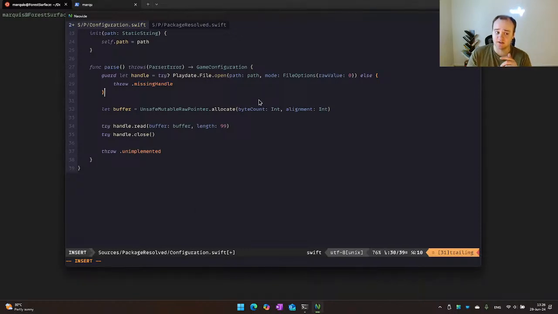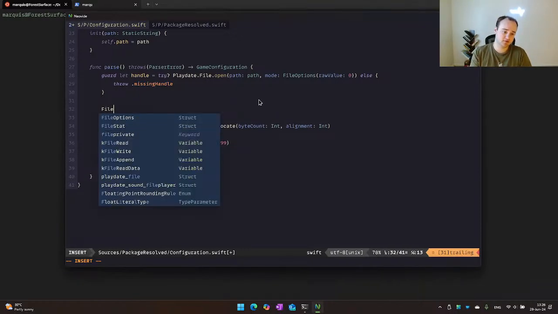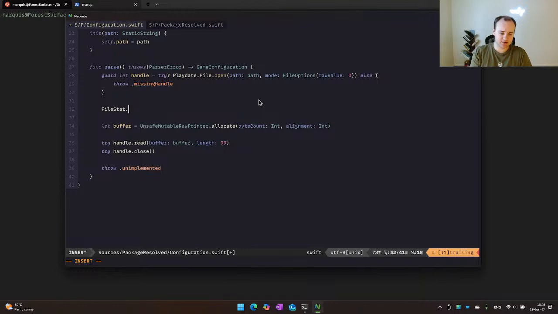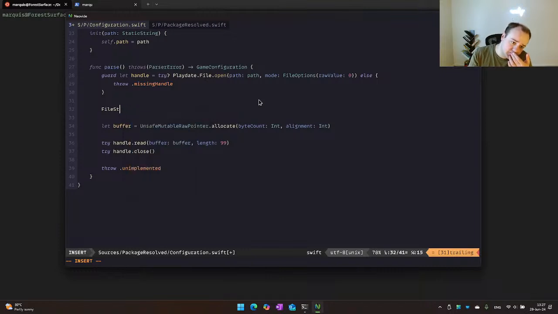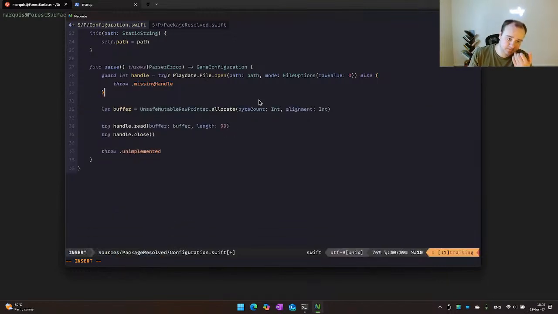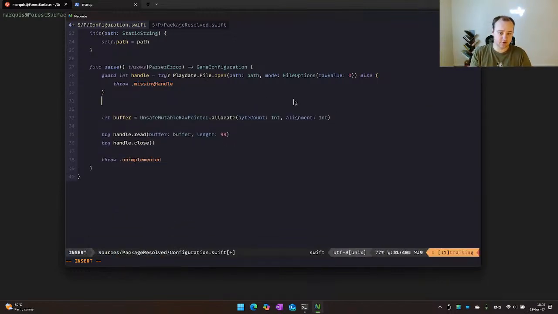Well, what does file stat give me? File stat dot size. Okay. Fine.